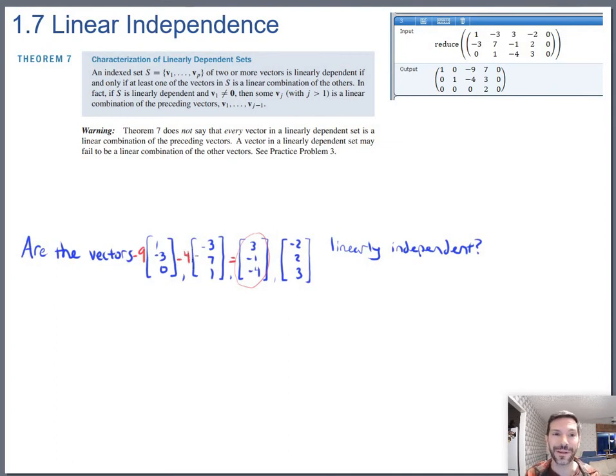The main reason I wanted to look at Theorem 7 right now is actually for the warning that comes after it. Theorem 7 does not say that every vector in a linearly dependent set is a combination of the others. It's possible to have a dependent set like the one that we have right here and have at least one vector in there not be a combination of the others. In this particular case, it's true that the fourth vector cannot be produced by combining the previous three. And I can tell that looking at the row reduced form here,